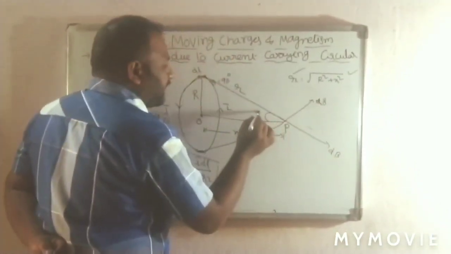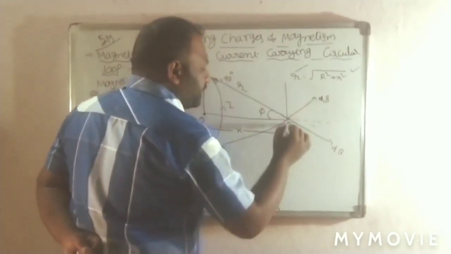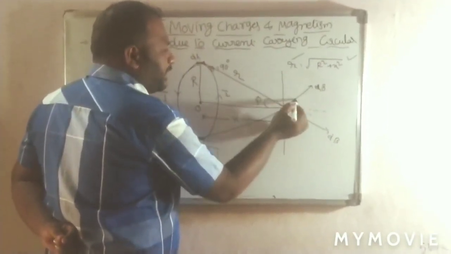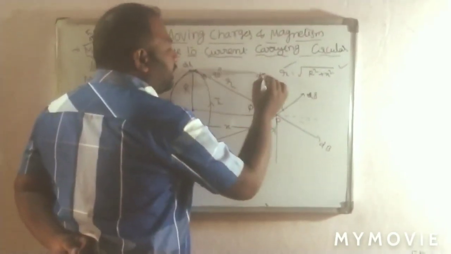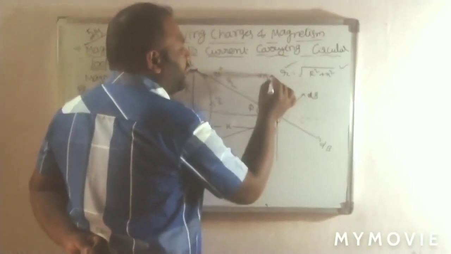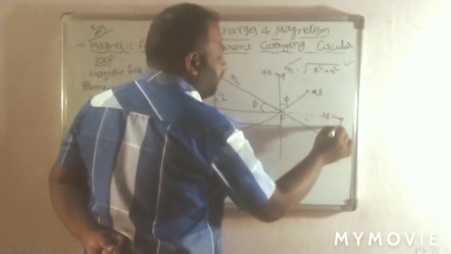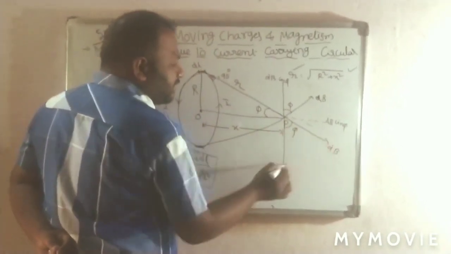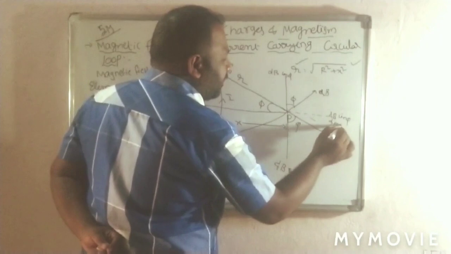So due to this current element, it is the magnetic field dB. For example, if I consider the angle phi here, then see what happened. These two are perpendicular to each other. These two are perpendicular to each other. So here also the angle can be taken as phi, and the magnetic field can be resolved. One component can be taken as dB cos phi, and the other component as dB sin phi. In a similar way, here also it is making an angle phi, so this dB is also resolved. One component is dB cos phi, and this is dB sin phi.